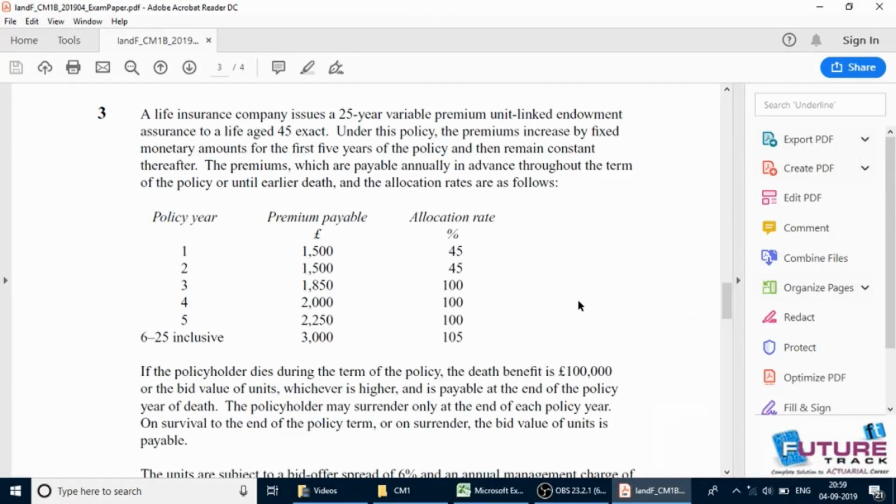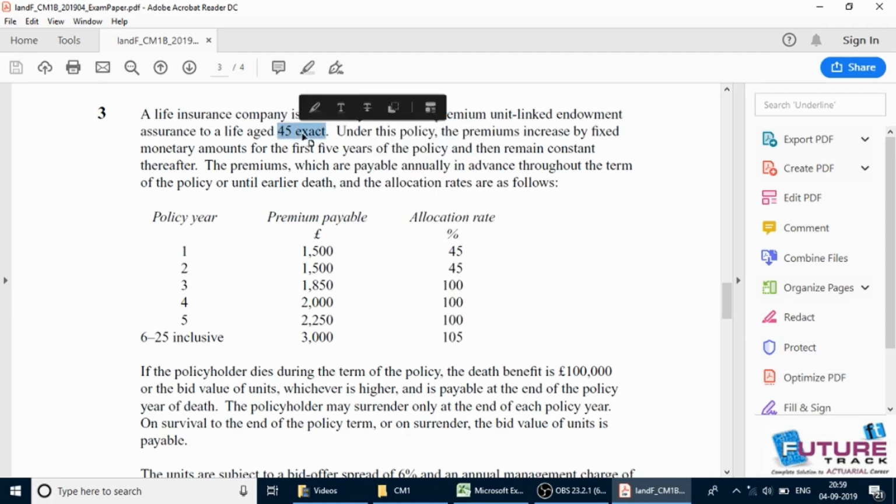Hello friends, today we learn how to do the ULIP question in Excel. So let's take an example of last year's April 2019 question. This is the third question of April 2019. We have been given a 25-year policy